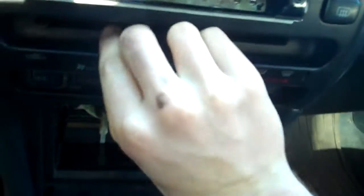And the radio itself, you just break that faceplate off. And then you're gonna want to take your hand and get a grip on this bottom piece. Sometimes there's screws, mine are conveniently missing. So you ain't even gotta worry about that no more. But let me set this down for a second. Alright, now, what I just did was I grabbed here and here with both my hands, and you just wiggle